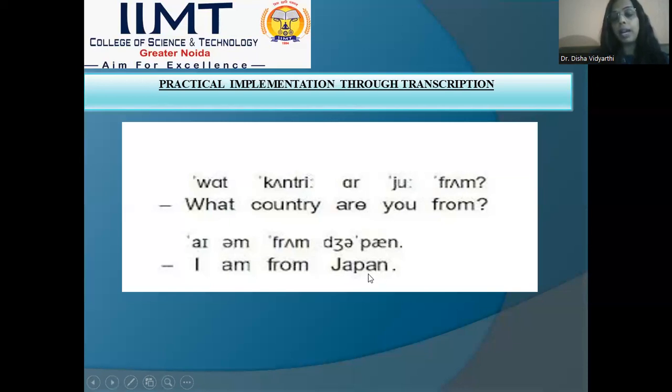Now, if I say Japan, if the transcription is not written over here, and if we do not know the sound symbols, we won't be able to pronounce it correctly. It is not about the experts or the native speakers who know it in a better manner, because we are not the native speakers. So sometimes we get confused. It is a very natural thing for the non-native speakers of English, after seeing certain spellings or coming across certain words, we do not know whether it is g sound, whether it is j sound, if we have to pronounce it sh, if we have to pronounce it j.